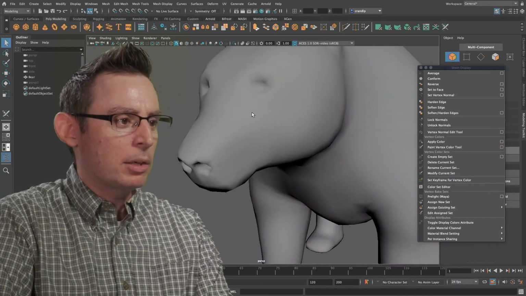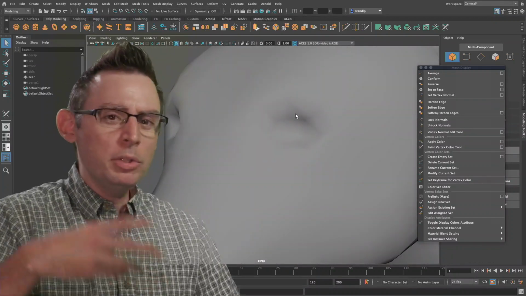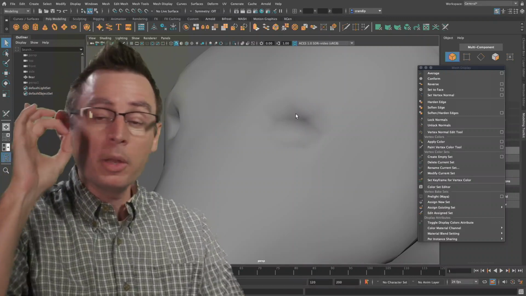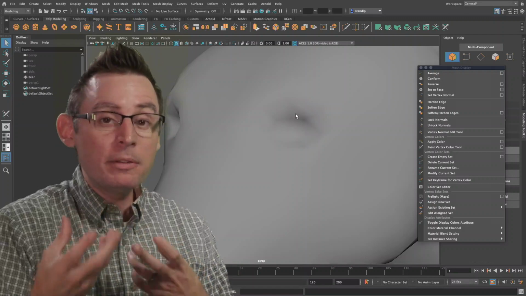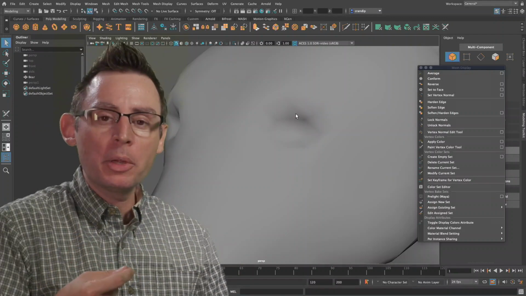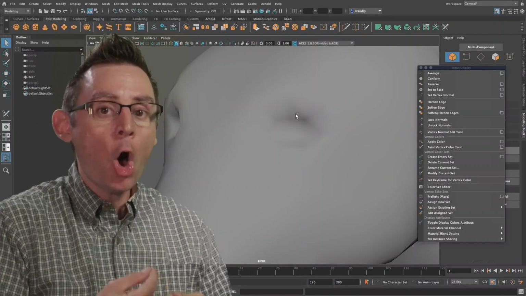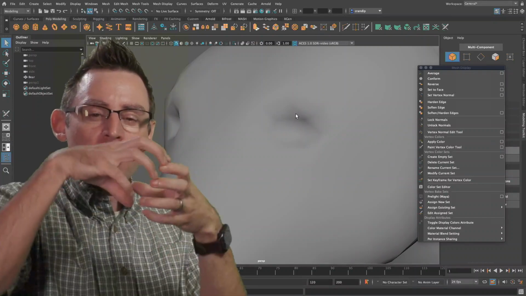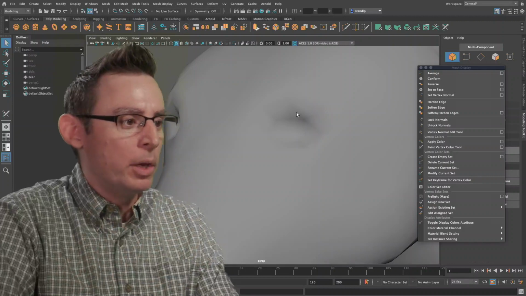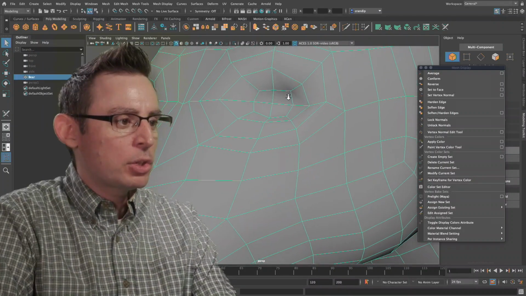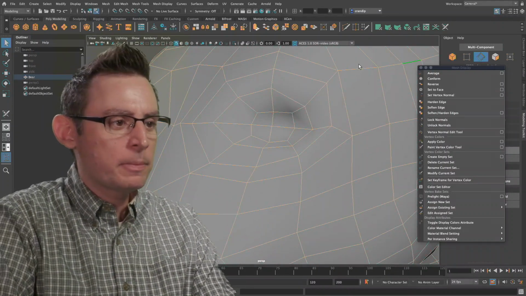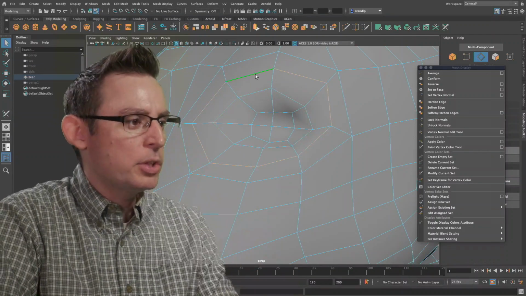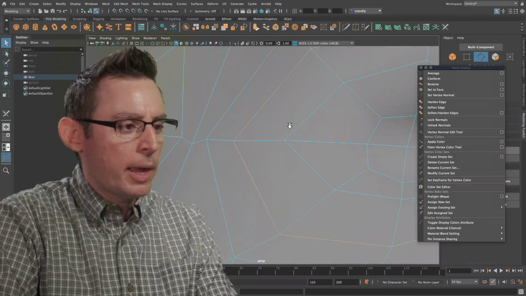If we zoom out here and take a look, we're losing a lot of definition as to where the eyebrow ends and the orbit of the eye begins. We can define that real easily just by going in and creating a hard edge, which is going to stop the smoothing algorithm once it hits that edge, and it's going to kind of create a group, if you will, on the inside of the eye. Let's first start off with a selection. I'm going to go into edge mode here, and I'm just going to double click on this loop. Let's do this outside one. I'm going to double click on that guy.